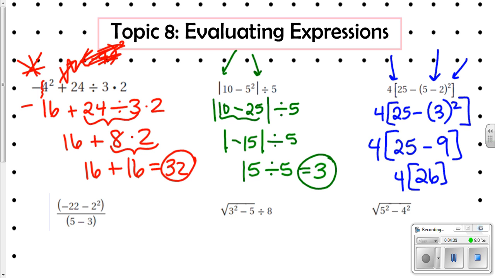So because there's no operation in between the 4 and this bracket, that means it's multiplying. So 4 times 16, that would be 64. There's your answer. At this point, if you kind of want to pause and try them out before you watch,